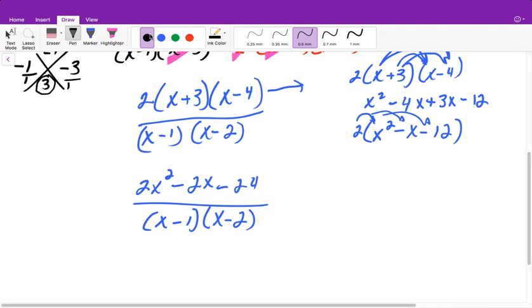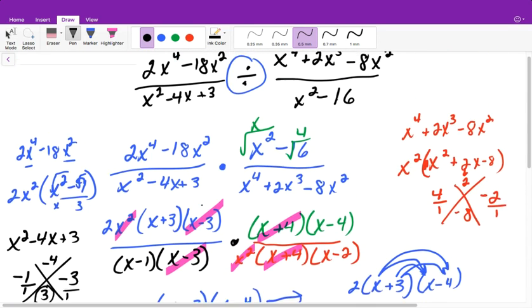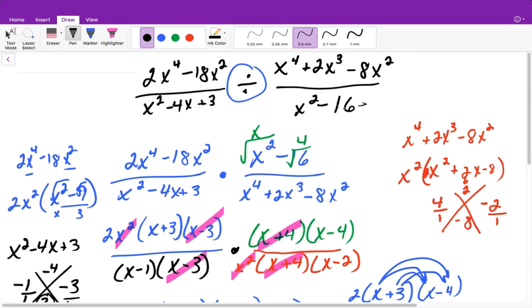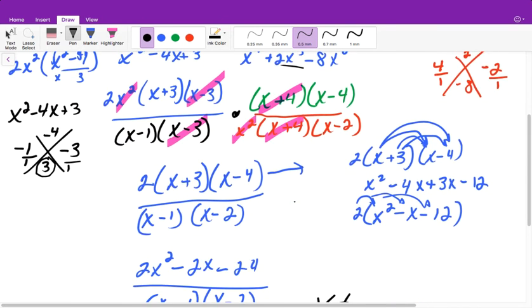But now we need to say what x cannot be. So it's not only just the answer, but it's everything before we cancel. And also, if you notice, this was in our denominator, and now it's in our numerator. This was in our numerator, now it's in our denominator. So remember, whenever you divide by a fraction, you need to look at all of your factors, whether it's a numerator or denominator, and any of them that make it 0, x cannot be. So for this one,